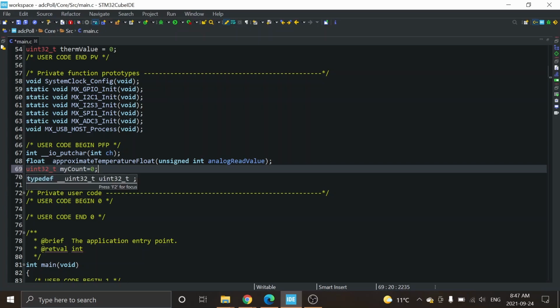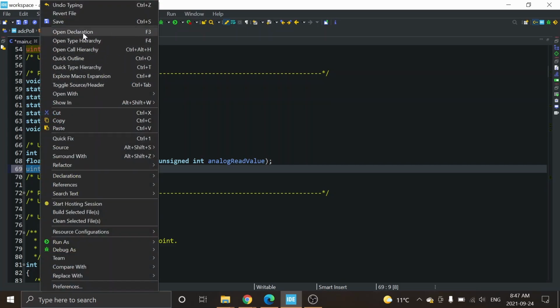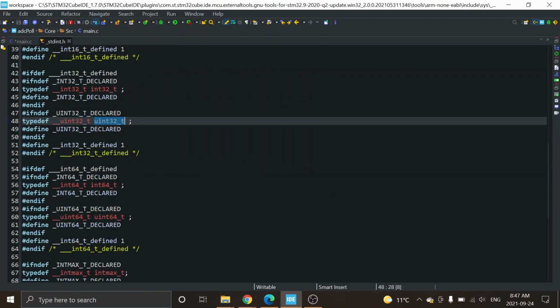And if I highlight uint32_t, it says it's a typedef of __uint32_t. And I was talking to some people in the past, and one of the things I can do with any of this kind of stuff is I can highlight it and go open. And if you go open declaration, it'll go try and find where this is. And it's in stdint, okay? And they've come up with